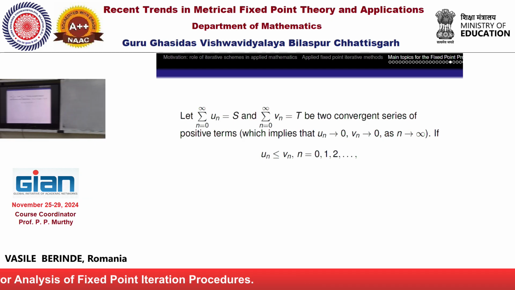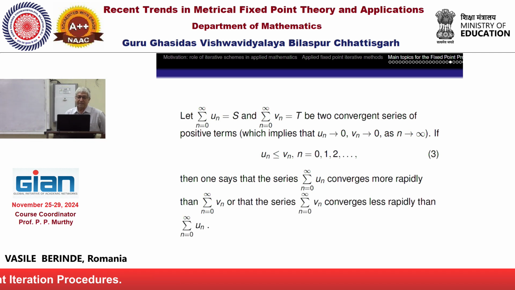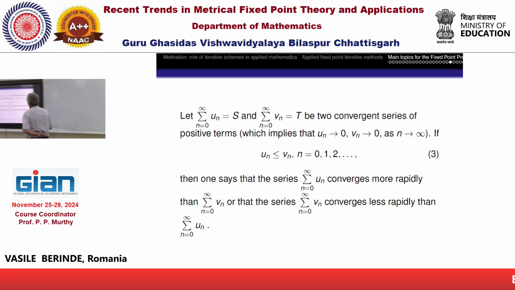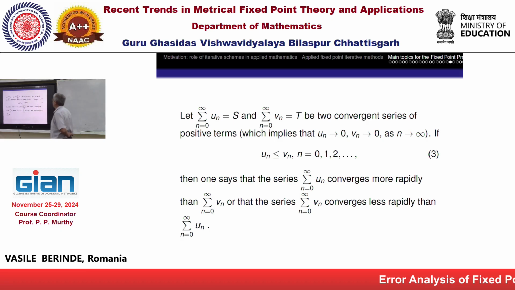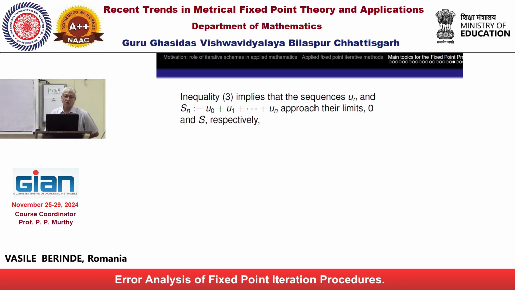And if we have this inequality between the terms of these series, we say that the first series, sum of un, converges more rapidly than vn, or that the series vn converges less rapidly than un. This was the concept